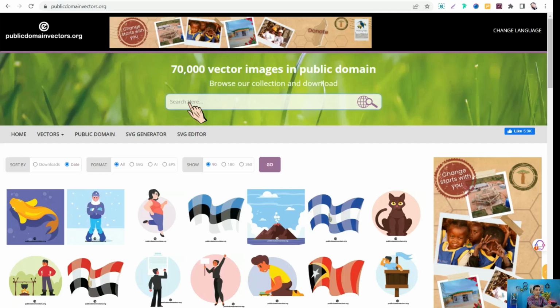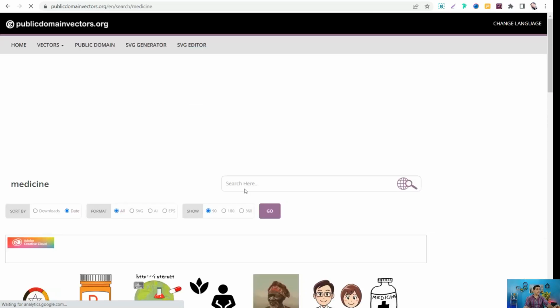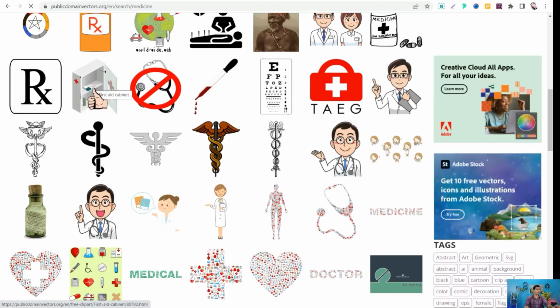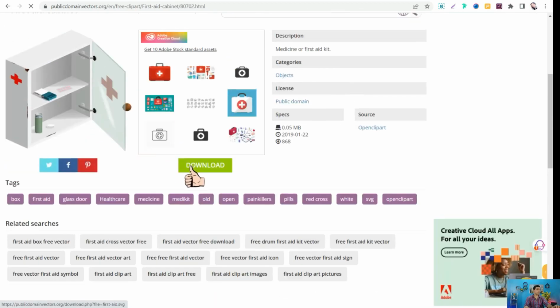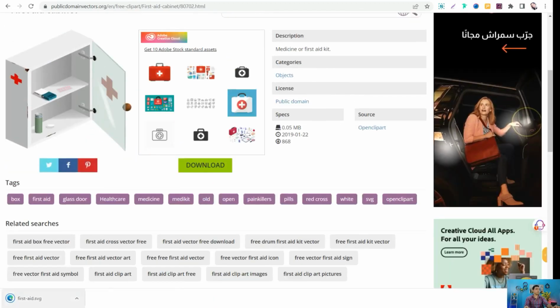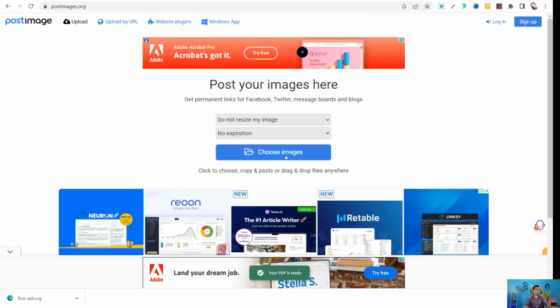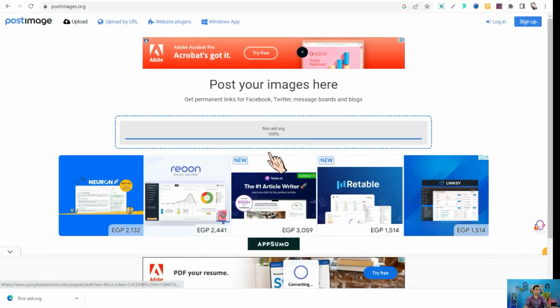So we can type medicine, for example. Okay, and here we can get one of these beautiful ones like this one, for example. It's an awesome icon to download, as you see. And now we can go together to this amazing website that's called postimages.org, where we can host images to get links back. So choose image one,